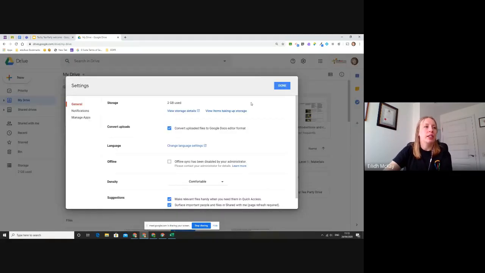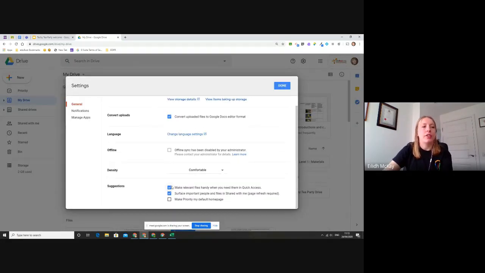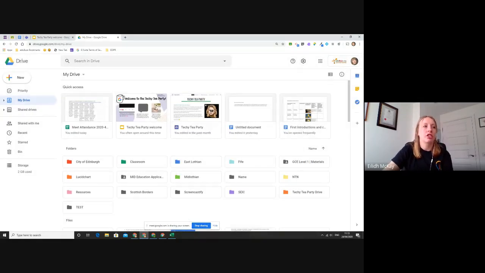And then we can have it so that we have the relevant files handy for quick access. So that's if you are using things that maybe have child names, and then obviously we don't use Google Drive for any sensitive data. Anything that's child protection or any child's plans, anything that's sensitive in that way, that doesn't go into Google Drive. Google Drive is purely for the stuff that you would talk about in the classroom,